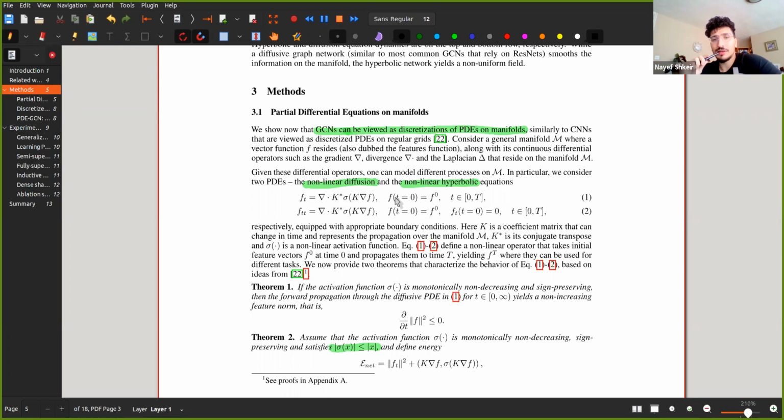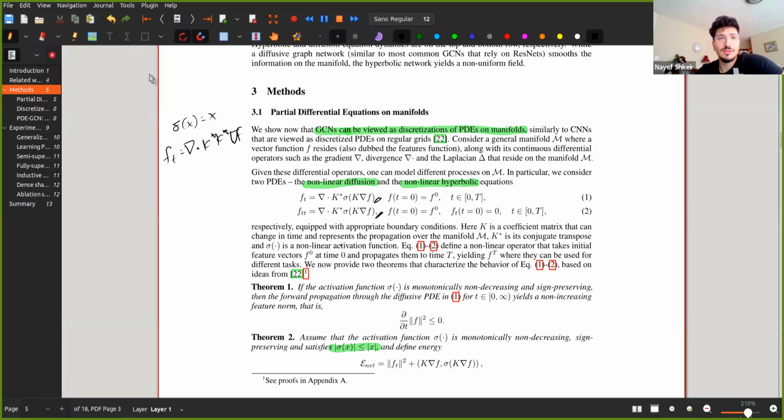The systems that they have here are this nonlinear diffusion and nonlinear hyperbolic. So this is your diffusion, this is your hyperbolic. You have some nonlinearity here as well. If you set this nonlinearity to just be x, then for the first, the diffusion, you'll just get F_t equal to divergence of K grad F,